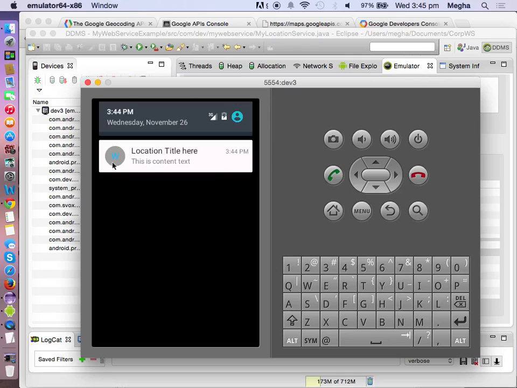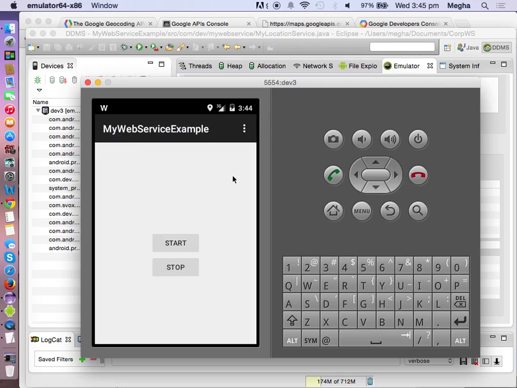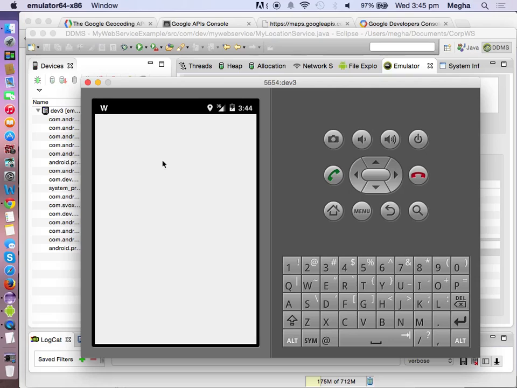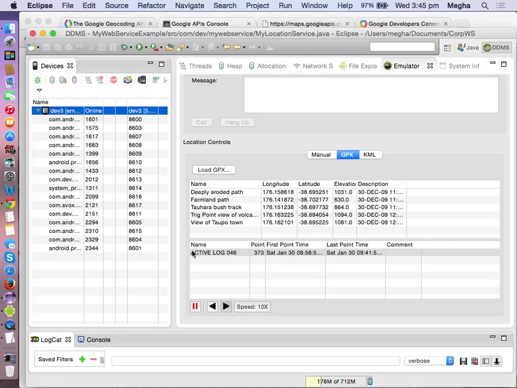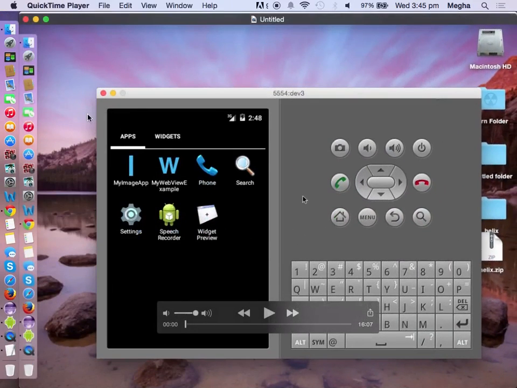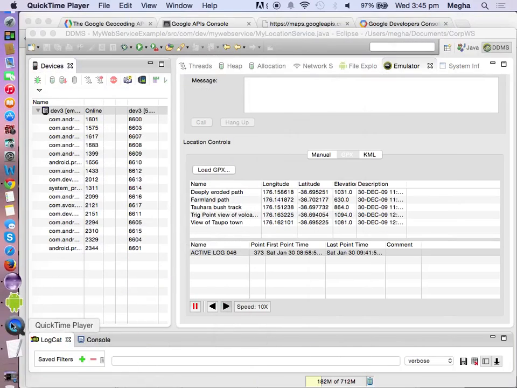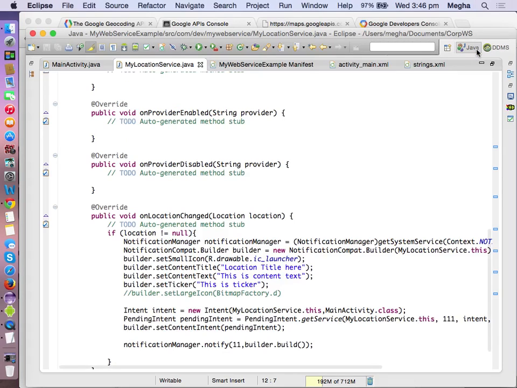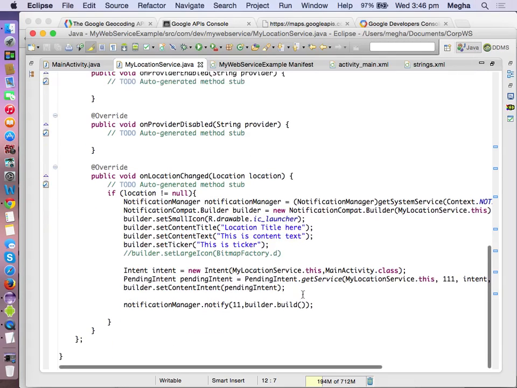Before, it was pretty easy. Even on your emulator, I can easily dismiss it. I cannot dismiss it now. Okay. The first time it got executed, but instead